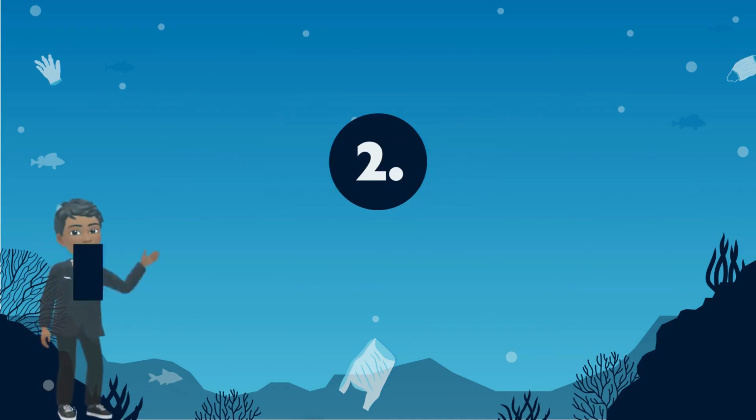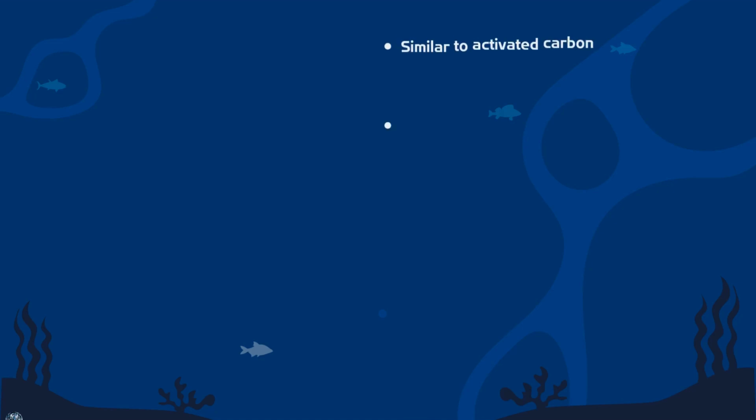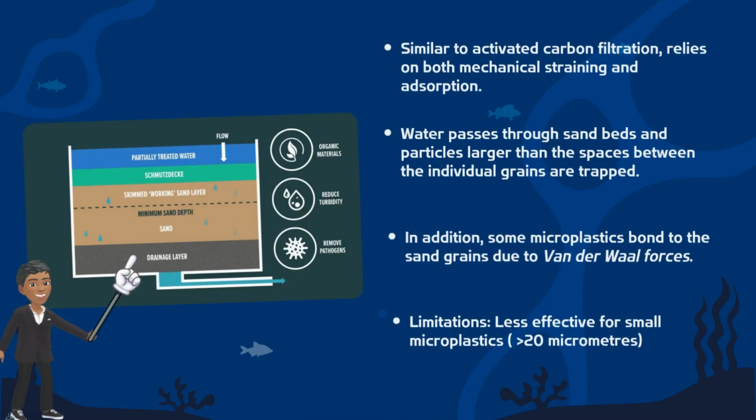nanoplastics. The second process is sand filtration. This process is similar to carbon filtration because they both rely on mechanical straining and adsorption. In sand filtration specifically, water passes through sand pores and particles that are too big to fit just get trapped. There are also microplastics that bond with the sand itself as a result of van der Waals forces,